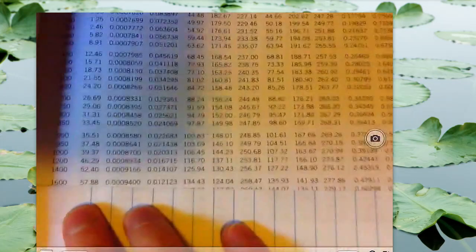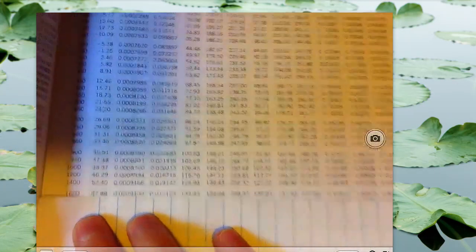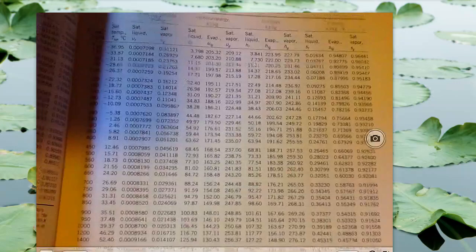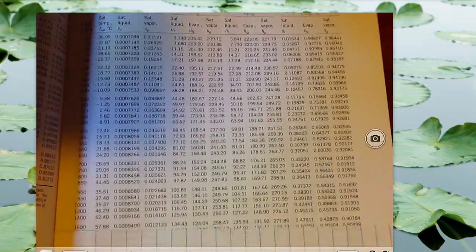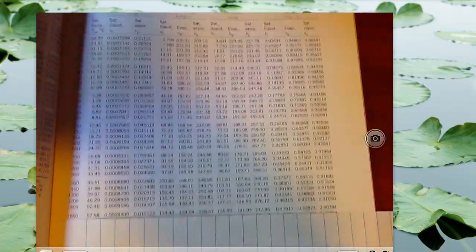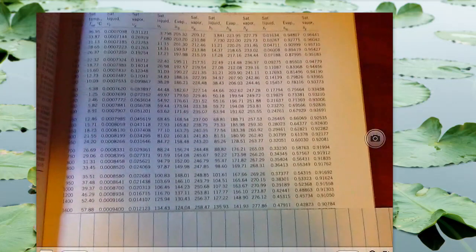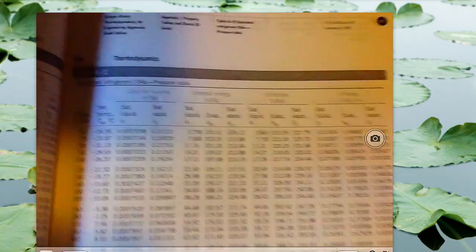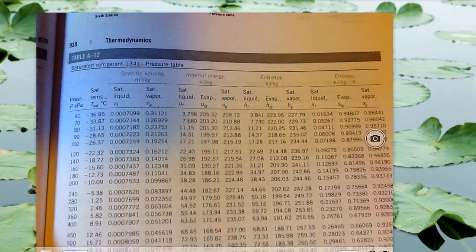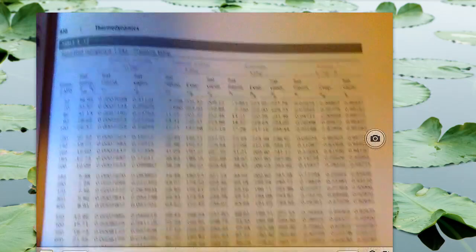So we're looking at that line right there. You see the 1600. If you're following along in your book, this is going to be page 930. If the page numbers aren't matching up, it's table A12, saturated refrigerant R134a, sorted by pressure. So we are at 1600